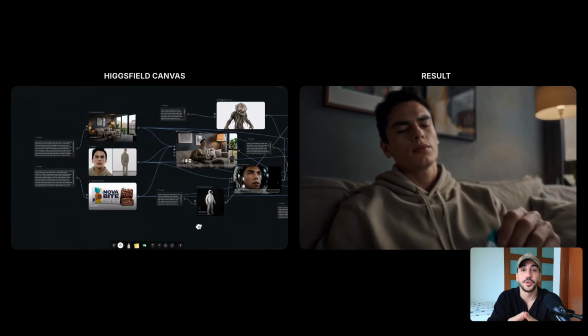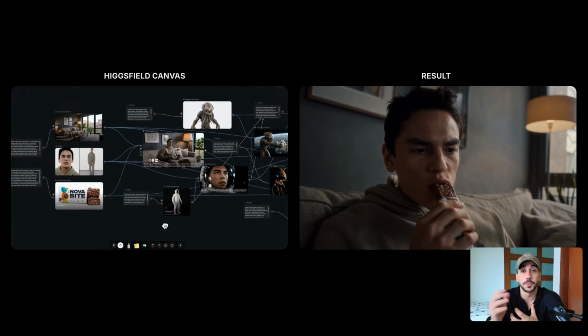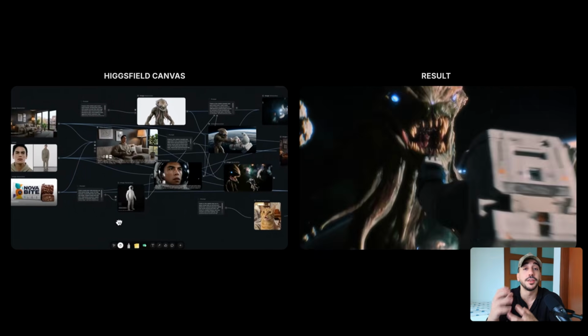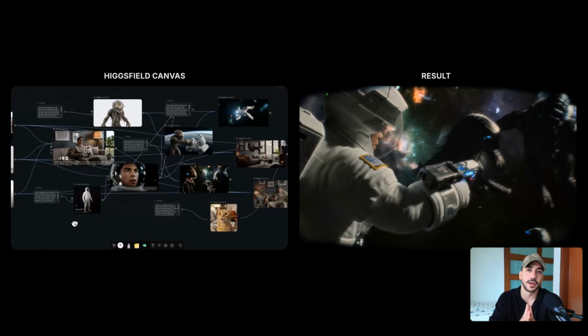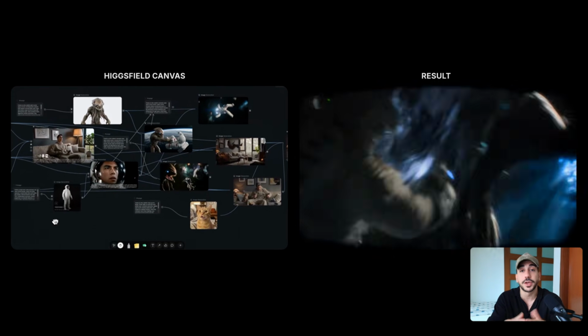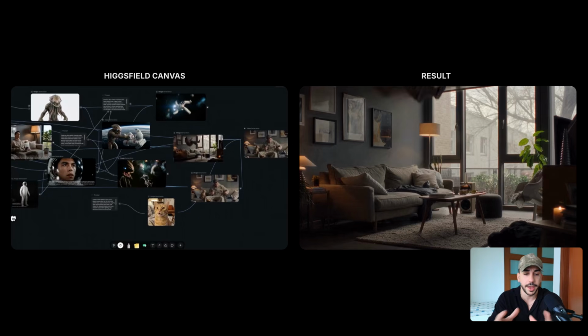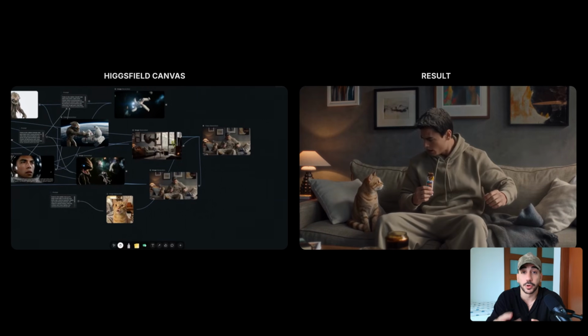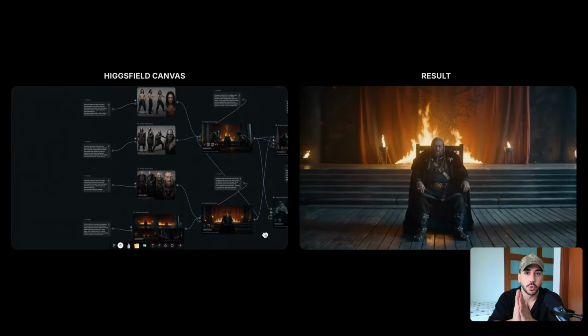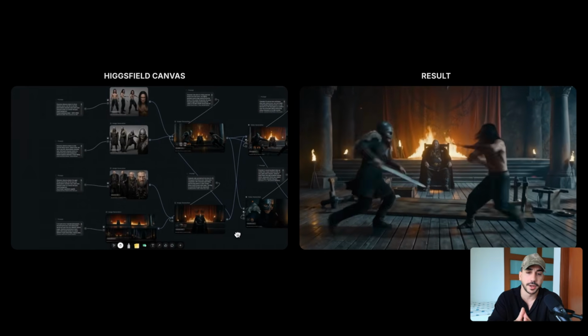Higgsfield just dropped a brand new feature called Canvas, which is a node-based canvas that allows you to create different kinds of nodes for different kinds of content, then connect them together into one visual workflow. And it honestly makes the entire process of creating AI content much more natural and also organized, because before this,